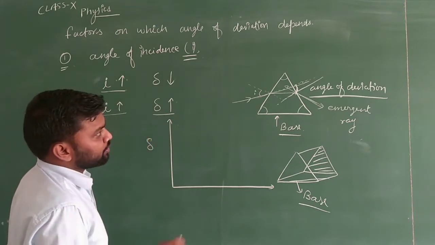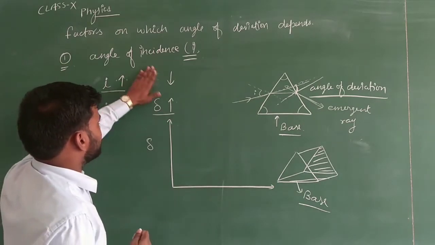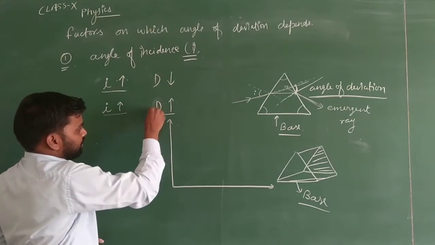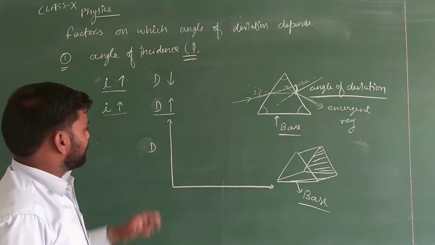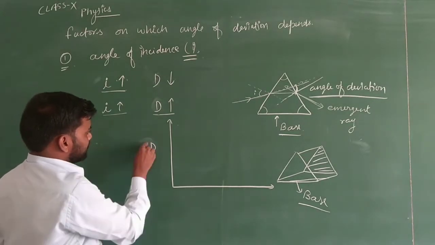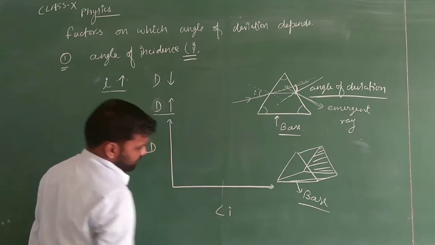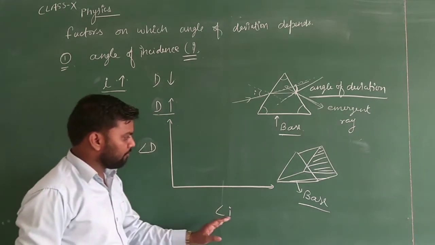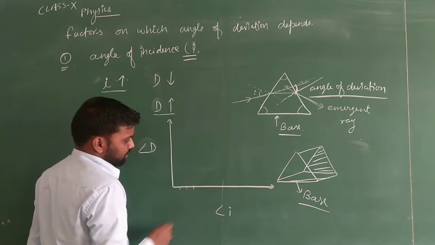In the previous video we were showing it by D. We can show it by D also; it depends on our choice. Okay, we are taking it as D. So this is the angle of deviation, and on this line I am taking the angle of incidence. Suppose the value of I is increasing up to a certain value on this part.